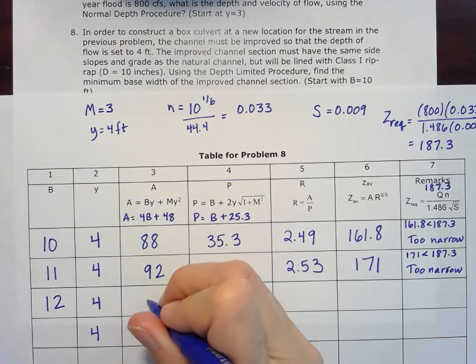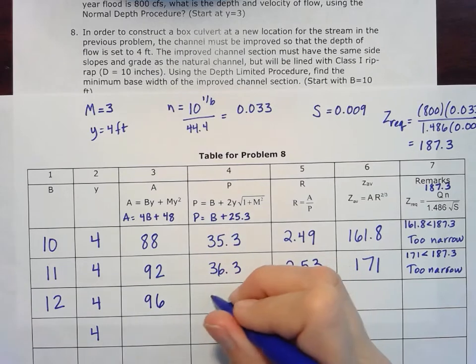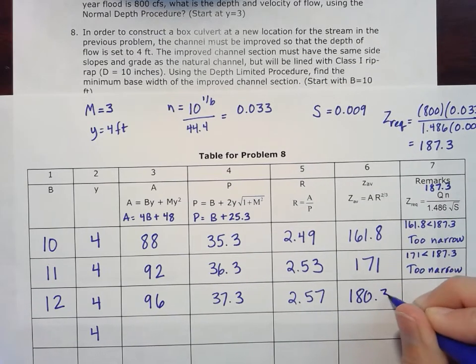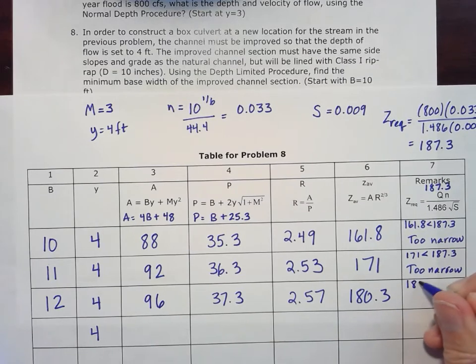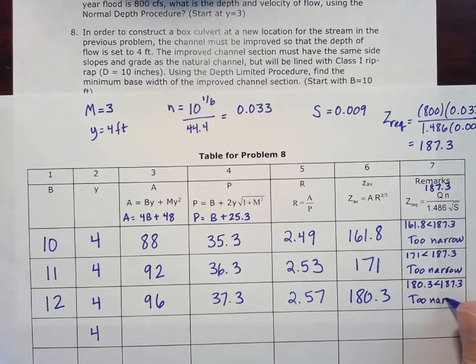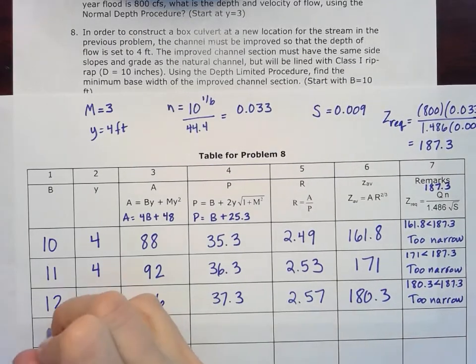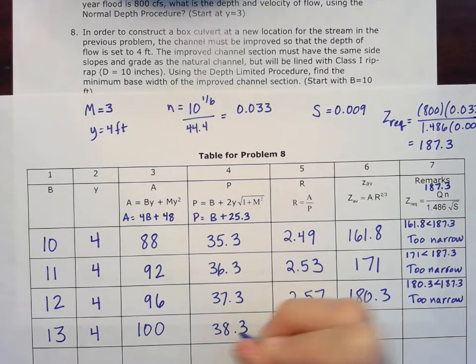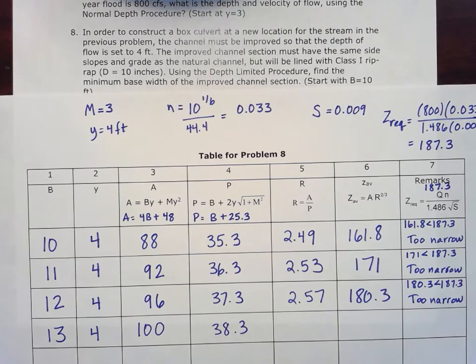That gives us 96 square feet for the area, 37.3 feet for wetted perimeter, 2.57 for the hydraulic radius, 180.3. Oh, still too narrow. Okay, 180.3, still less than that 187.3, so still too narrow. Let's go ahead and increase that one more foot here by up to 13 now, which gives me an area of 100 square feet, wetted perimeter of 38.3, and you can see the pattern here. Every time I increase by a foot, it's increasing that wetted perimeter by 1 foot. 2.61 for hydraulic radius,